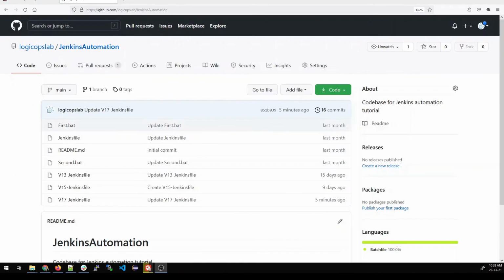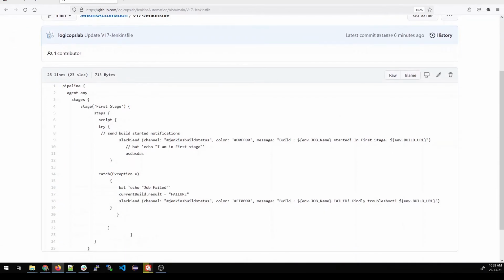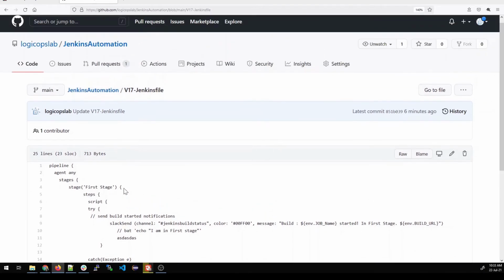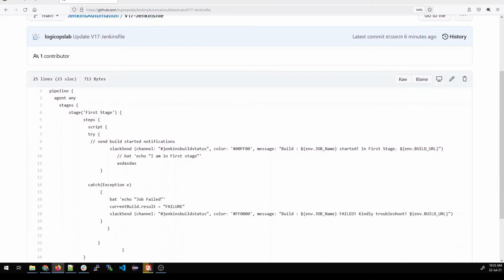Now what we'll do is walk you through the code that we are going to use. Go to Jenkins automation, the free library, v17 Jenkinsfile, and click on it. The video number is 17, that's why I gave it the name v17. Let me zoom in so that you can easily understand. Let us walk through it. Pipeline, the first step you already know. Agent any. Stages, we have only one stage over here because I want to teach you only